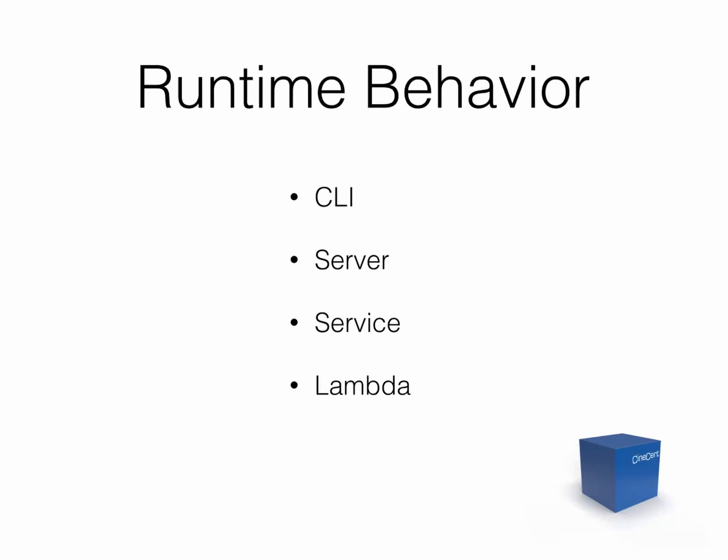So we have several runtime behaviors that we have to support. Usually everything in our company starts life on the command line because that's where we can think about the process and not spend a lot of lines of code on interface. But eventually it has to be available on a server as an autonomous process. And eventually somebody just wants you to run that server as a service so they don't have to deal with the system administration themselves. And then finally, for scalability, everybody eventually says, well, can't I just have a Lambda? So all of this development is designed to fit into this continuum of very personal to global scale